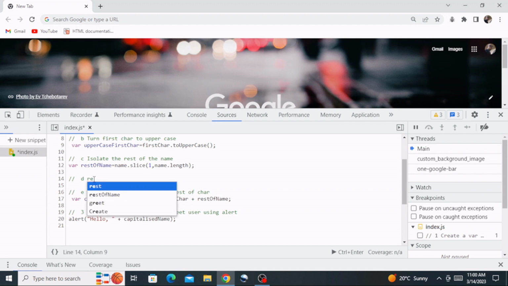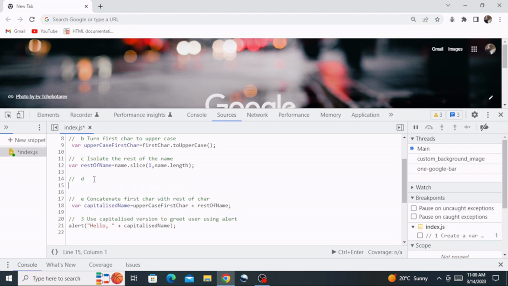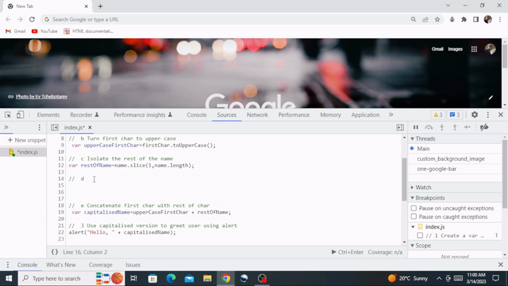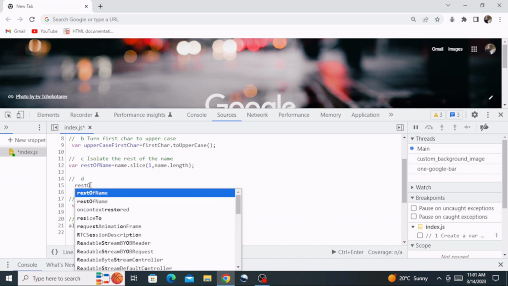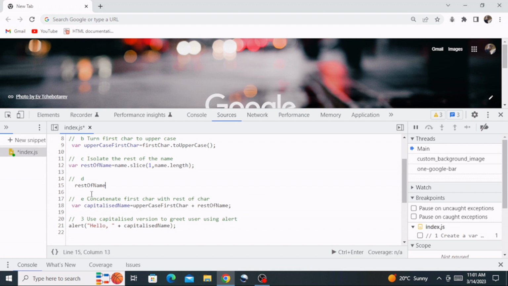I'm going to create a variable here, and then I'm going to name this variable. I'm actually going to say rest of name. I'm using the variable that we already have. I'm actually not creating a variable, I beg your pardon. So I'm just going to say rest of name, because we already have this variable, remember. So I'm just going to say rest of name, okay, is equals to